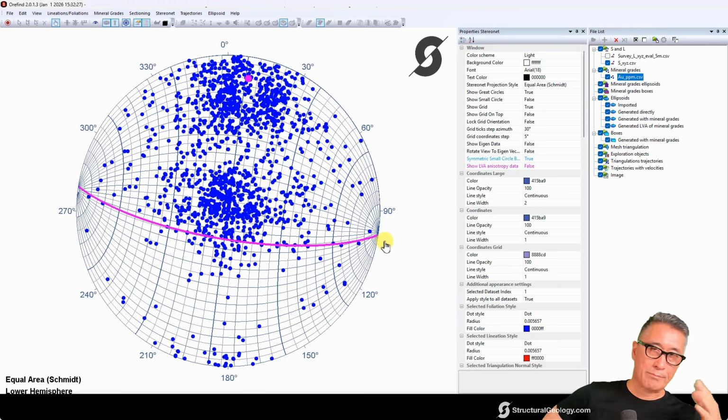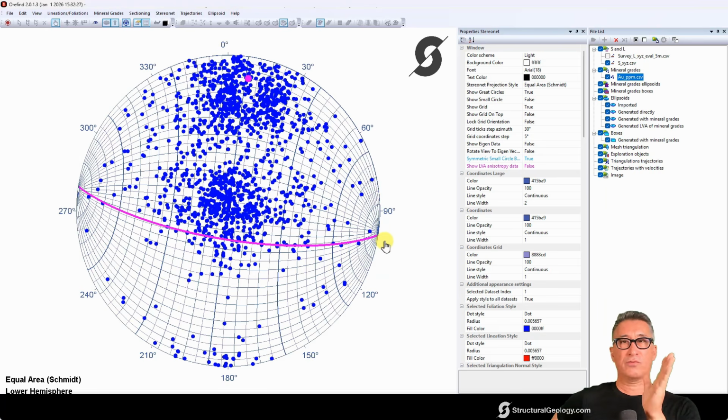Now, the natural tendency to interpret this is as follows: that the grade is parallel to the S2 foliation, dipping towards the south. However, that doesn't necessarily mean that the mineralization is